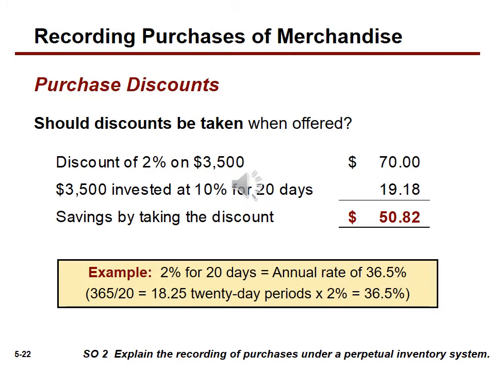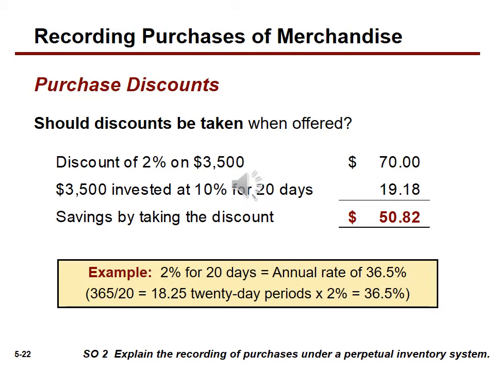Now, if we invest that 3,500 for the 20 days, so we don't pay it, we wait until the end of the allowed period, and we invest it for 20 days, assuming that we can get a return on our investment of 10%, which is quite optimistic these days, we can get a return of $19.18. As you can see, this amount is way less than the $70 we saved by taking the